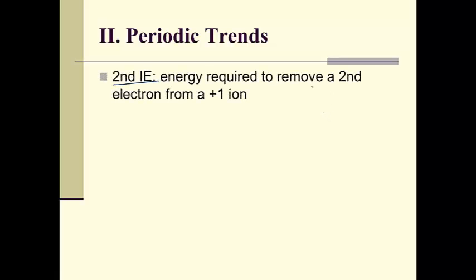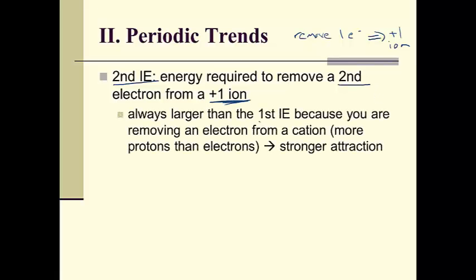This is the amount of energy to remove a second electron. Okay, and you're not removing it from an atom anymore. You're removing it from a +1 ion. Why? Because once you take out one electron, you create a +1 ion. So now when you're taking out another electron, it gets harder. So it's always going to be larger than the first,